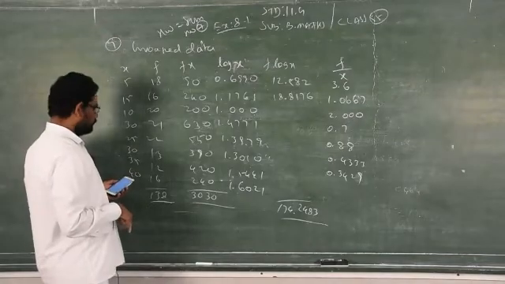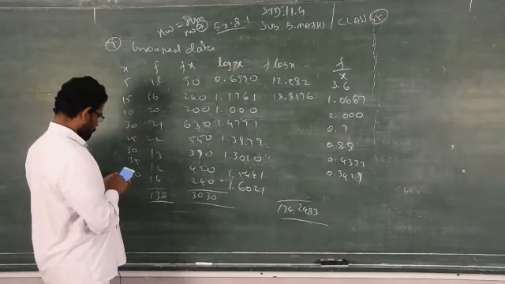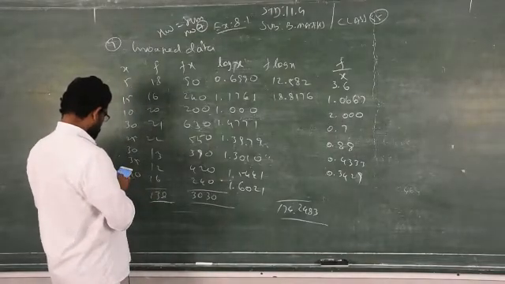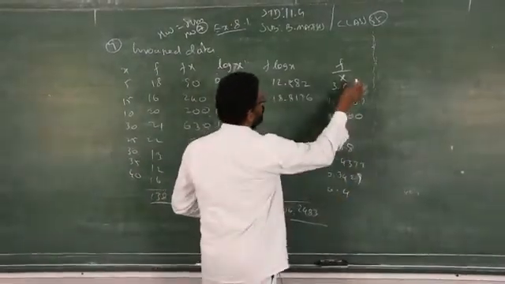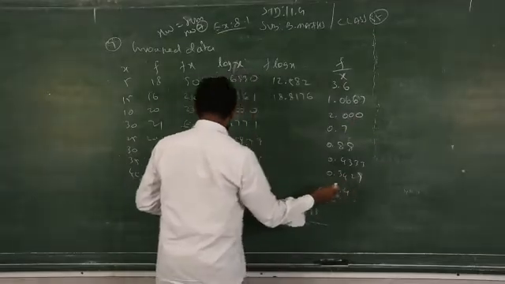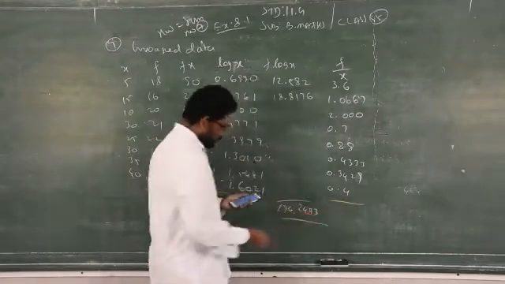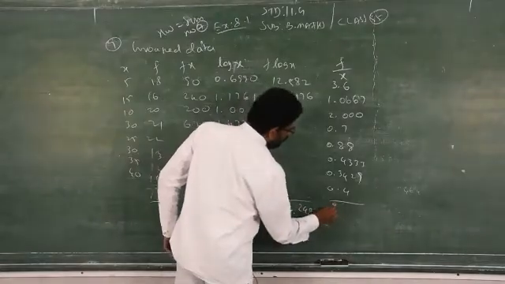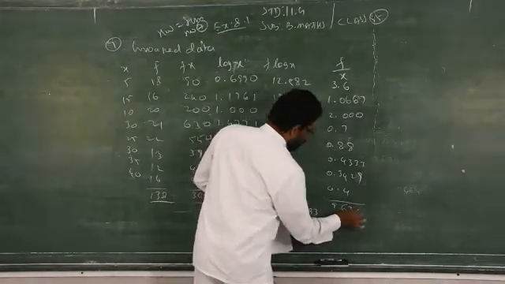So next one, last, 12 point. So next one, 16 by 40. That answer is 0.4. Check 1, 2, 3, 4, 5, 6, 7, 8. It comes. So the total is given very clearly. The total is 9.6396.